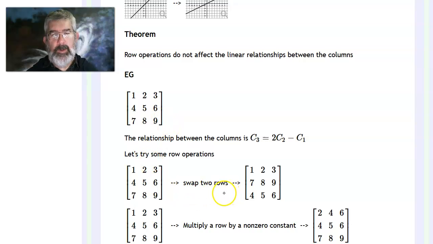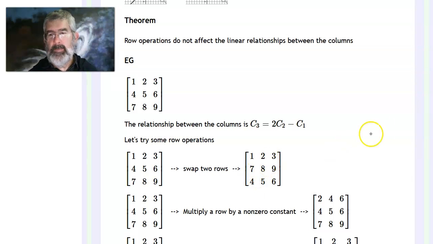So let's swap 2 rows. What am I going to do? I'm going to swap the second and third rows. Notice, this linear relationship is still the same. That the third column is 2 times the second column minus the first column. Okay. Let's try